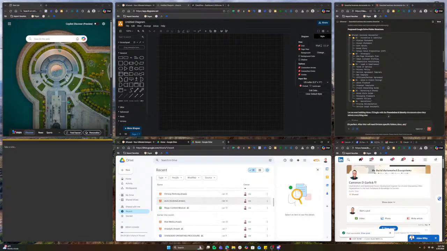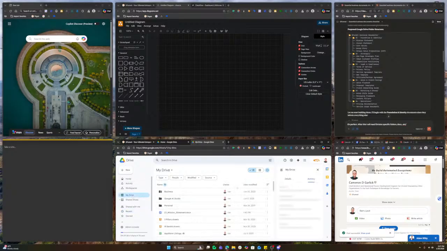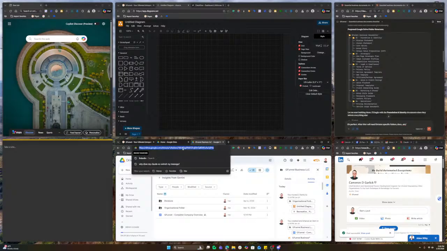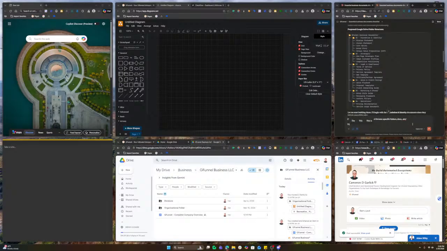So I have certain things that are now generated. You can't quite see that. I get it. But we're going to dive in a little bit deeper on here. Okay, so I have my business, and now I have specific businesses. Let's just focus on the LLC business for just a second. We have a company overview. This is just an overview of everything that we do, right? Company overview, a documentation. And now we have this. So what I can probably do is copy this and say that this is currently the root where our GFunnel business LLC folder begins.